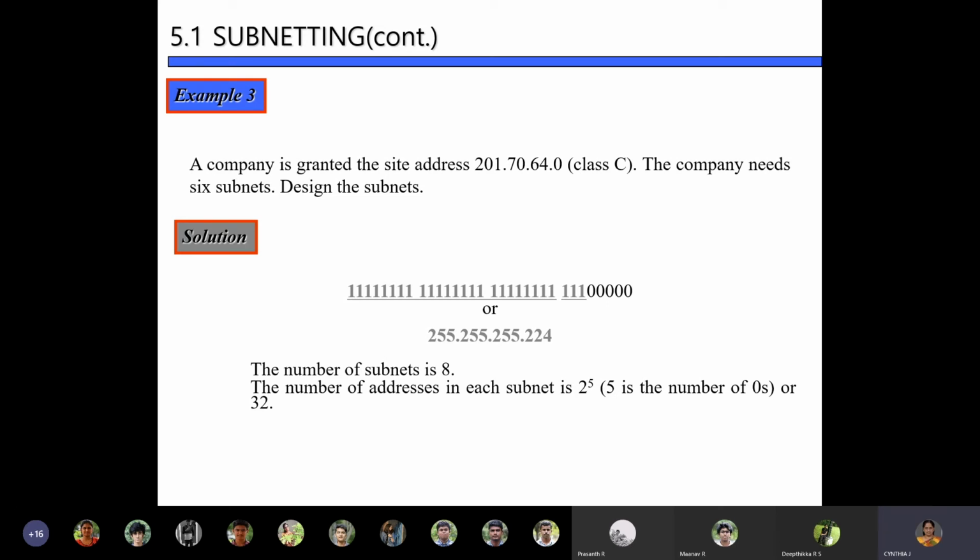And if we are having 3 bits, 111, the first subnet should have 001, and the first host should have the host ID as 4 zeros followed by 1. Just to avoid confusion, I'm taking all zeros and all ones into consideration, and I'm saying the first host address will be all zeros. In the first subnet, the last host address will be all zeros followed by 5 ones. Do you get it?